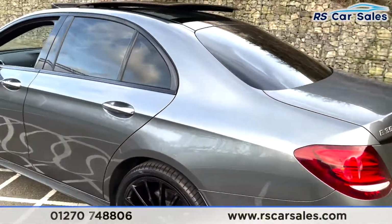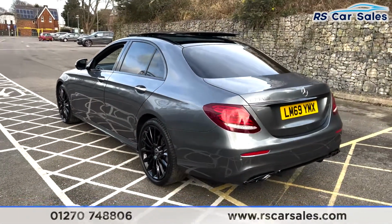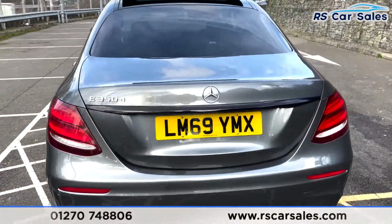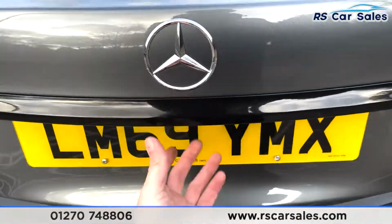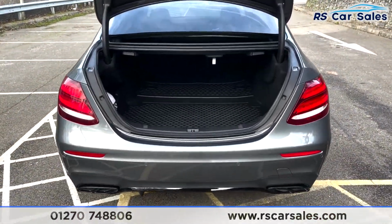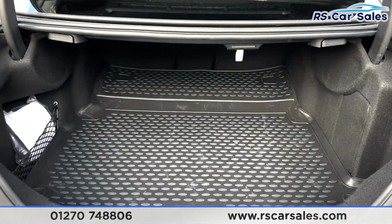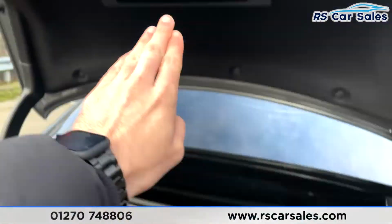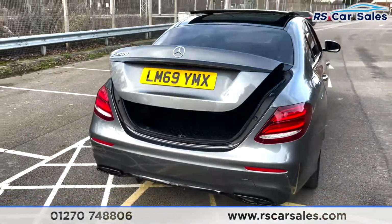Now making our way to the rear, we do have 360-degree cameras as well as front and rear parking sensors. We've also got a power assisted tailgate, so if we press the button like so, that'll open up for you as easily as that. You've got plenty of storage space in here as well. There you are. Now to close it up, we simply press the button again and that will close as simply